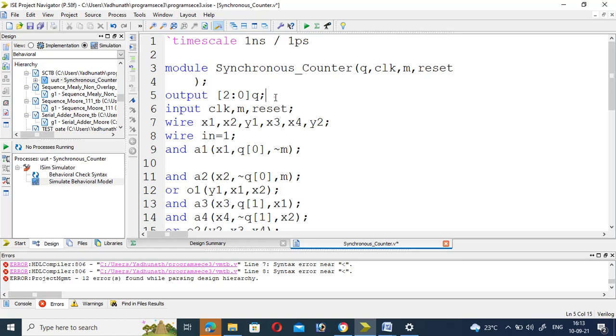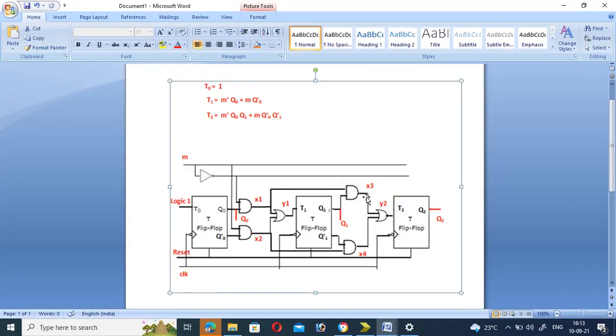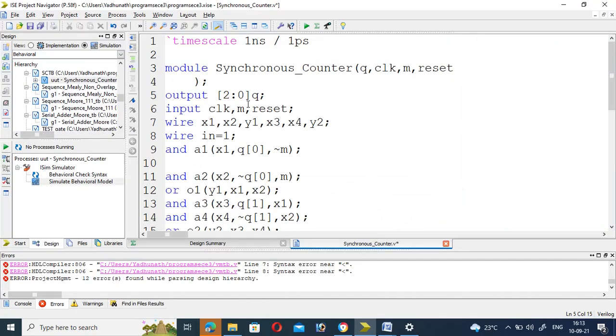Q is the output because in the case of a T flip-flop the output is represented as Q in the diagram itself. In the diagram we can represent Q as Q0 and Q1. Because we are using three flip-flops, the three flip-flop outputs can be represented as a three-bit combination. That's why it is taken as Q0, Q1, Q2, so for that purpose 2 down to 0. As well as from this diagram also,